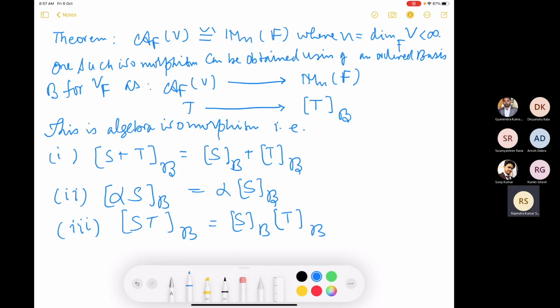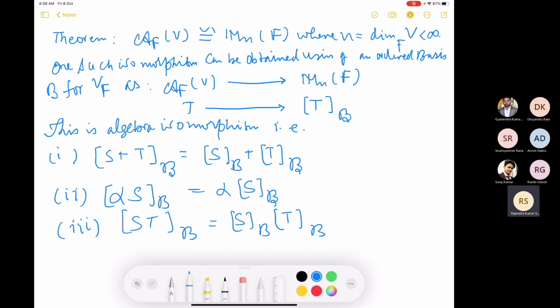So this theorem actually proves that this is an isomorphism, and this isomorphism is one to one also, that can be seen using the property of the basis vectors,